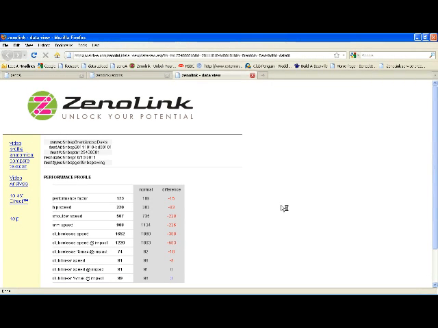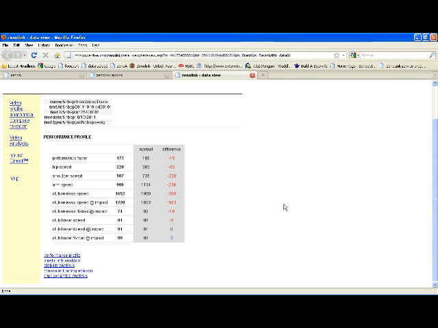This is a ZenoLink data view analysis for Brent Davis. This is for a golf swing collected in October 2011. We'll begin in the performance profile and focus on the number we call performance factor, which tells us how effective